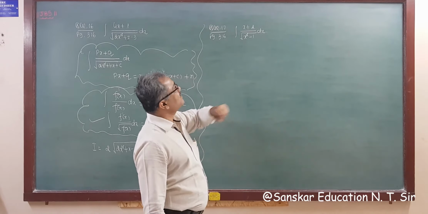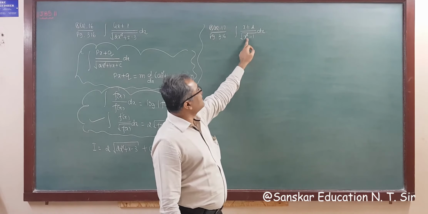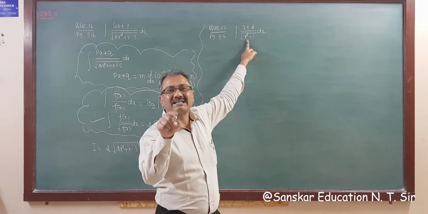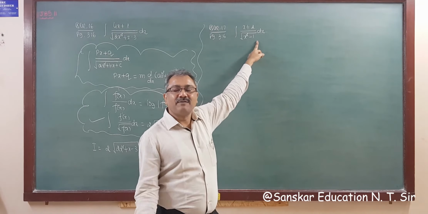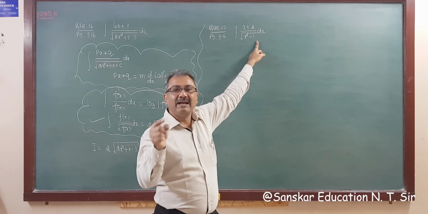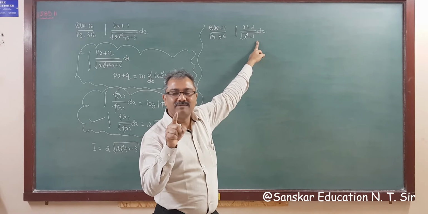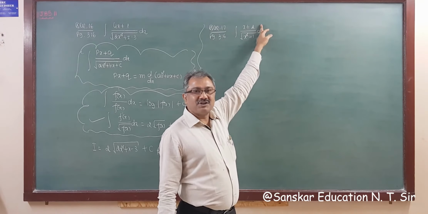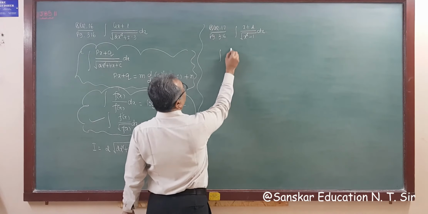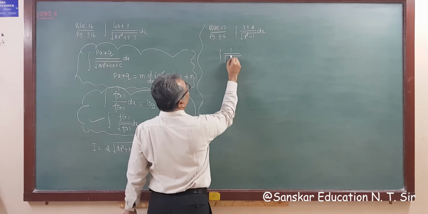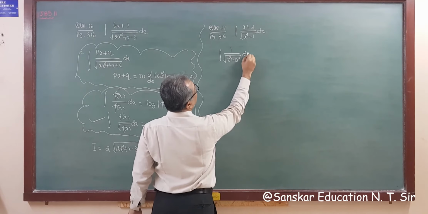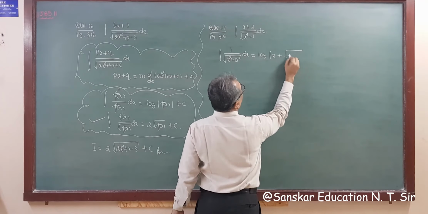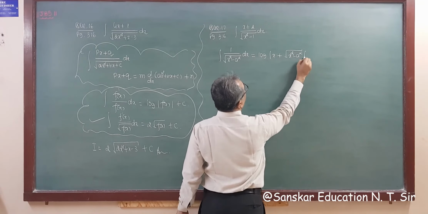Now question number 17. Question number 17 is also the same type of question, but the quadratic form is in the standard form of the formula, that is 1 upon x square minus a square form. Applying the formula, what do we need? In the numerator we need only a constant. So here, instead of a constant, it is given a linear term x plus 2. So you have the formula: 1 upon root of (x square minus a square) dx, and the answer of this is log mod of x plus root of (x square minus a square) plus c.